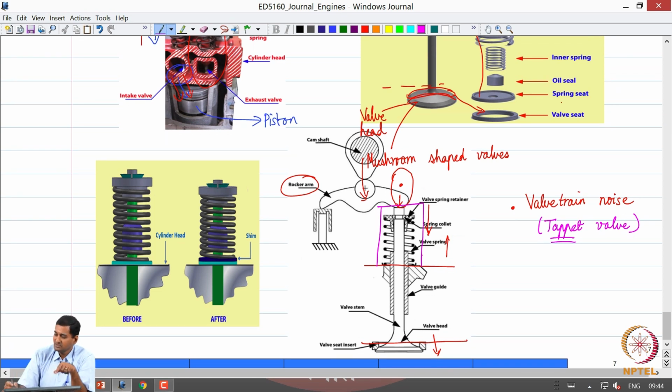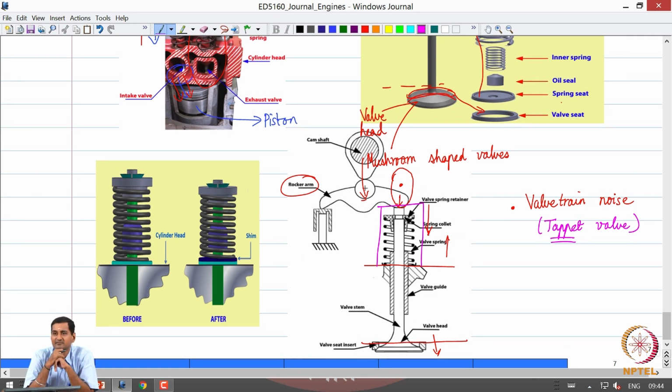Okay. So then there is another issue. So what is the next issue? If you keep on increasing the speed, as we discussed, at 3000 rpm for the crankshaft, we had 10 milliseconds for the valve to open and close in one stroke, right. So let us say I increase the speed to 4000 rpm. Now what is going to happen?